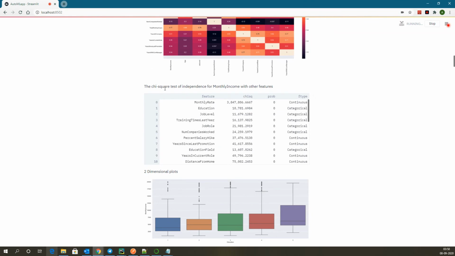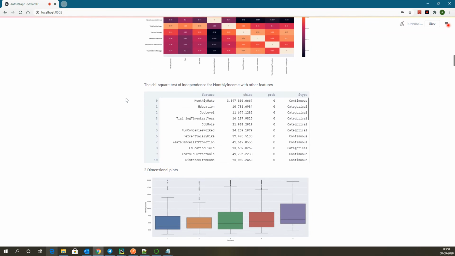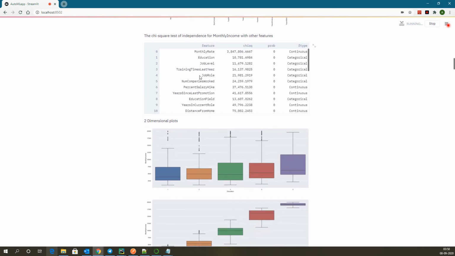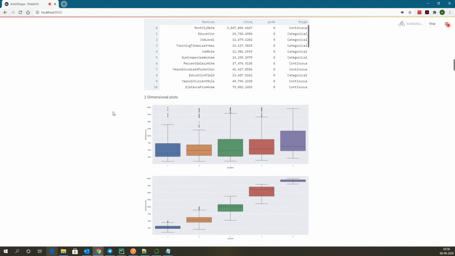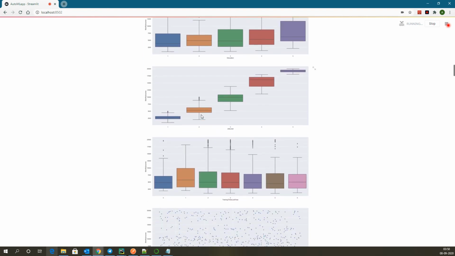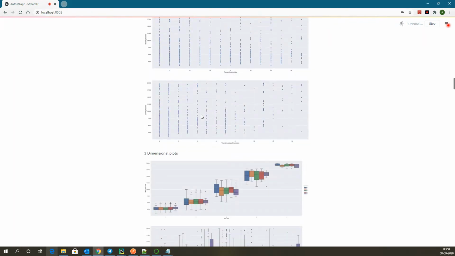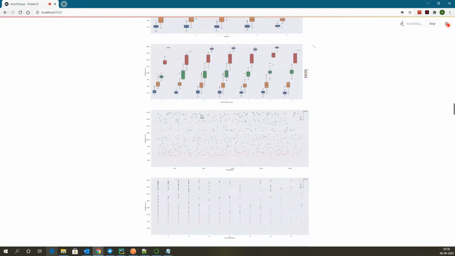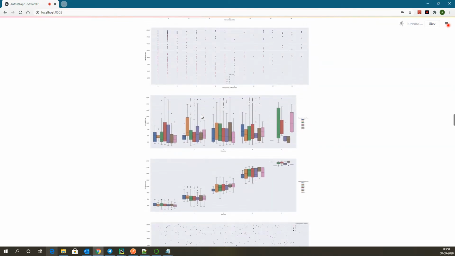Again, nothing new here. Chi-square test, as we saw in the categorical target feature, we are running the exact same chi-square test for the continuous feature also. And two-dimensional plots, three-dimensional plots, scatter plots, and so on. So this is all the descriptive analysis.